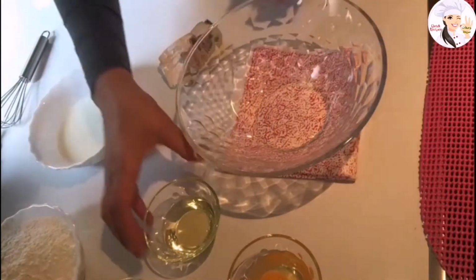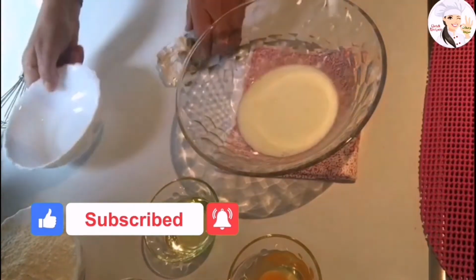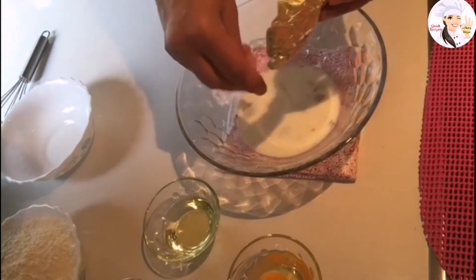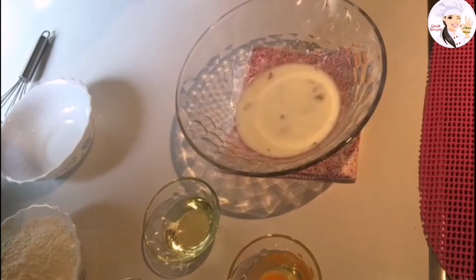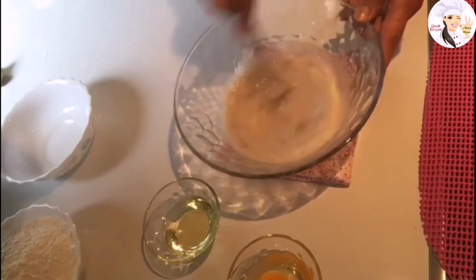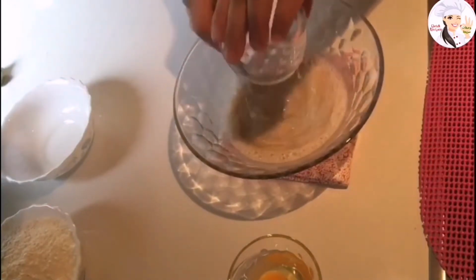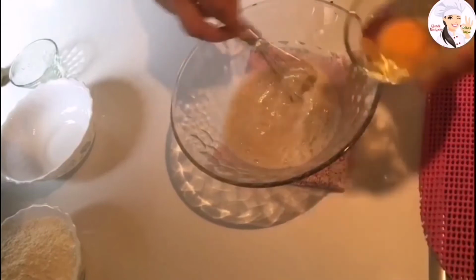So we're going to start first with the milk, which has to be warm, a little bit lukewarm, and I'm going to add the yeast to it. I like to use fresh yeast because it's available, and then it's just a matter of having it close by. I'm going to put the 2 tablespoons of sugar and mix them together. I'm going to add the oil. The egg,